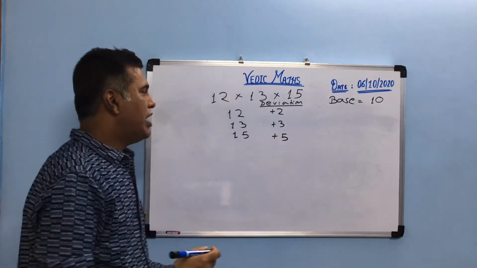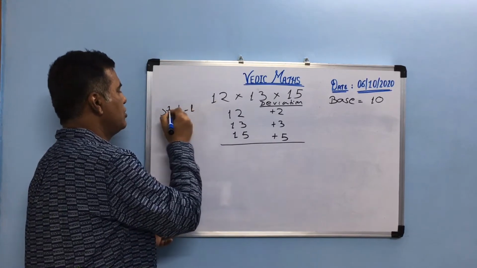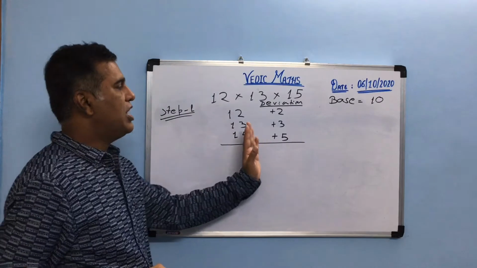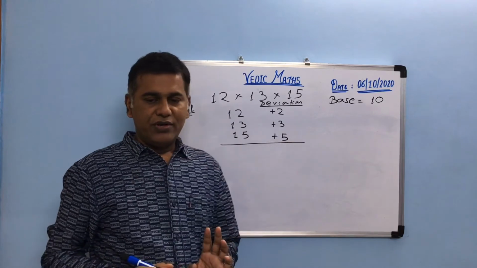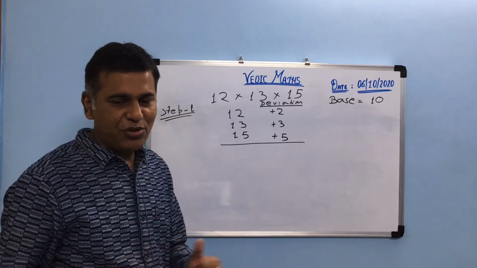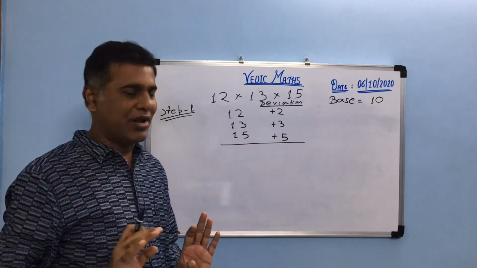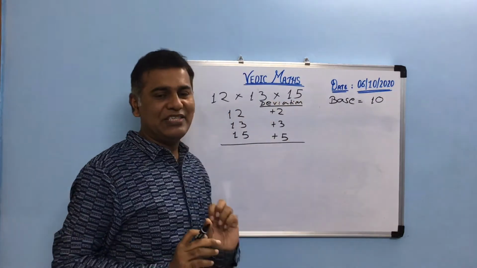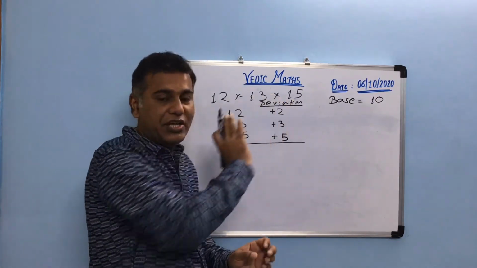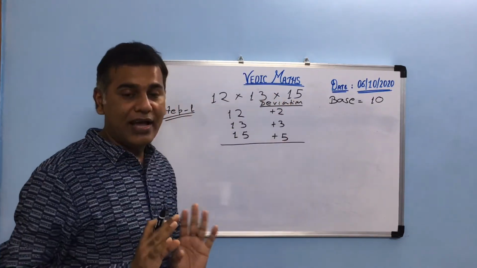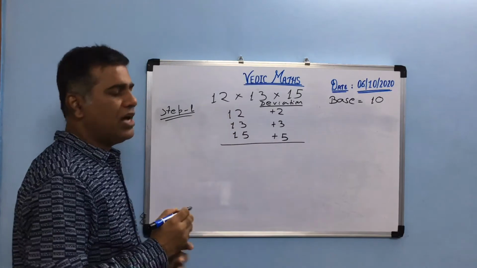So in step 1, you find out the differences. The differences of the three numbers are 2, 3, 5. Directly also you can multiply it, but I am telling you the trick that can be applied to all types of numbers. I have taken smaller numbers so that you can easily understand. Then we can go for larger numbers, 3-digit, even 4-digit numbers, you can multiply like this.